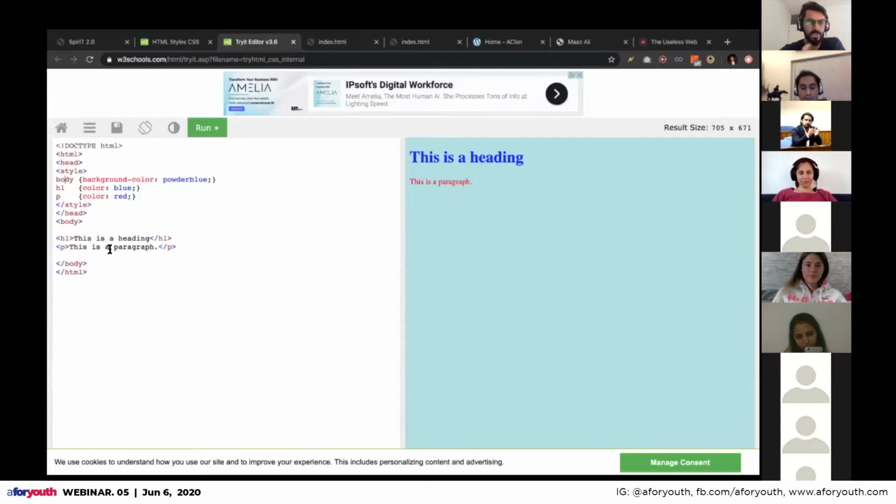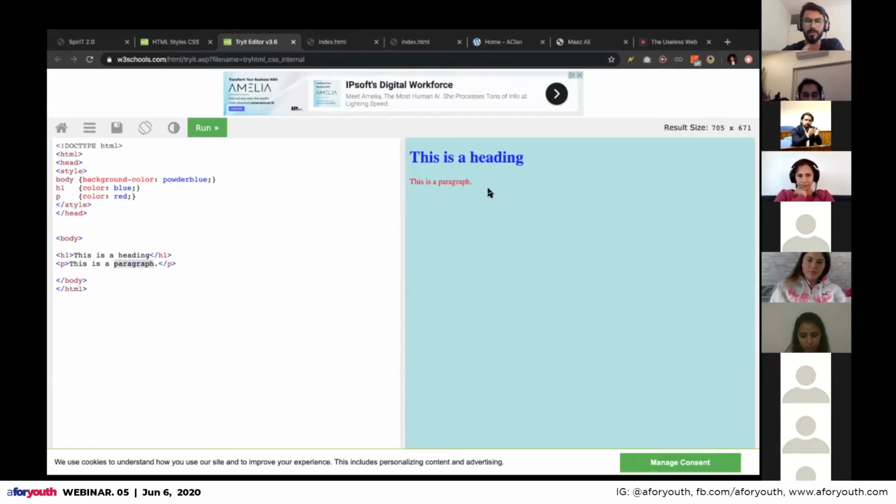Let's close this tab. Here you can see that we added a style tag in the head element. All these styles go in the head element, and then body is the actual structure. Here you can see that in the body we have a heading, a paragraph, and then the parent element, which is body.